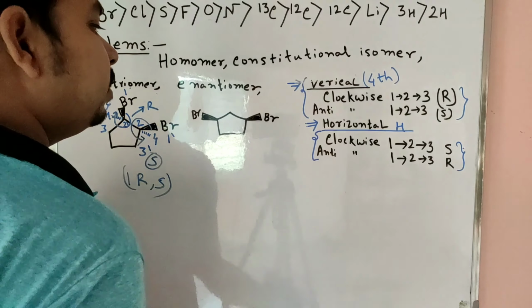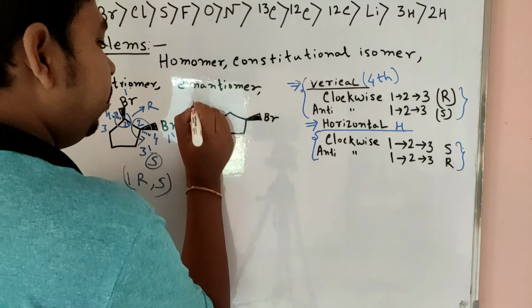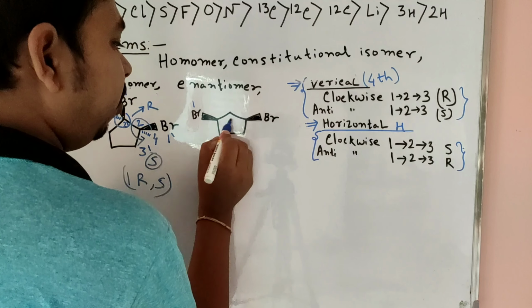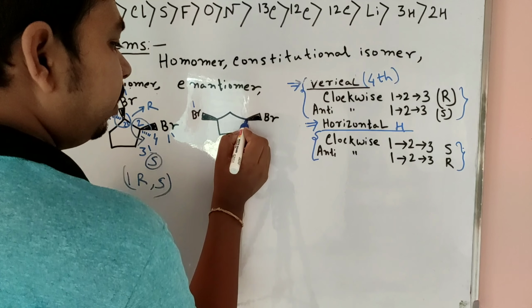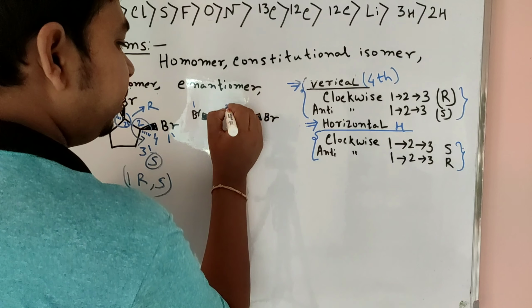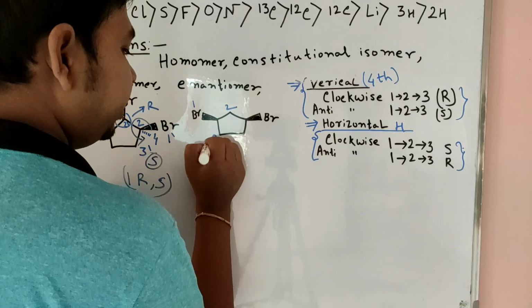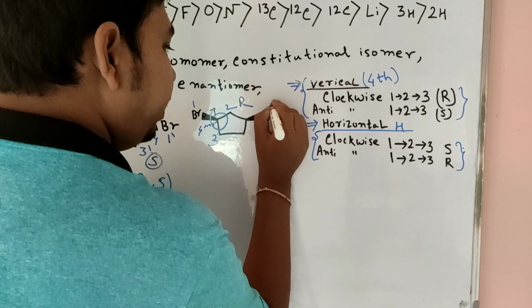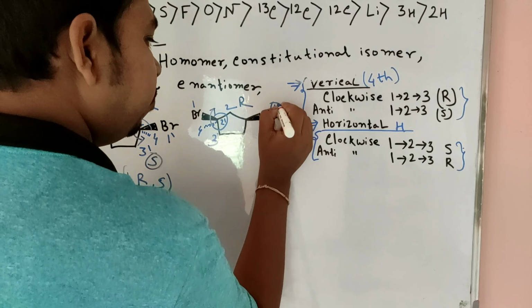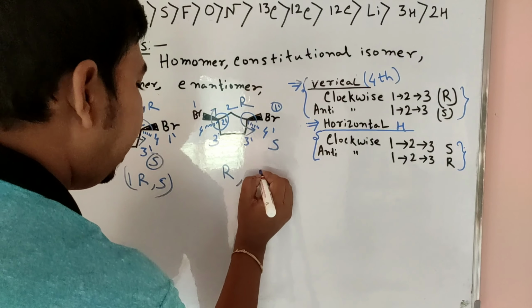But when we consider this bromine here, this one is 1, and when we go through this bond, after one carbon atom one bromine is present, but here there is no bromine. So this center is priority 2 and this one is 3, and then the downside is 4. So 1 to 2 to 3 is clockwise rotation, hydrogen is down, so this one is R. When you consider from this side, bromine is 1, and similarly here 2 dash, and this one is 3 dash, and then 4 dash. So 1 dash, 2 dash, 3 dash, anti-clockwise rotation, this one is S. So here we get first R and then S.